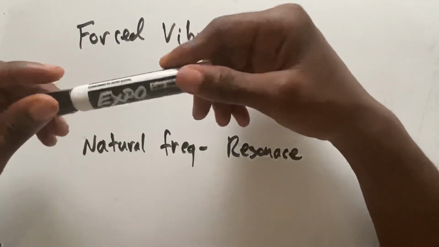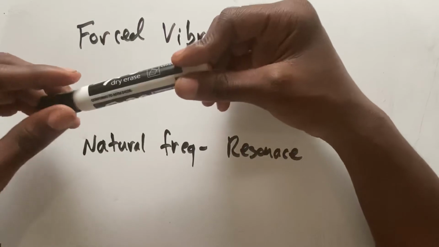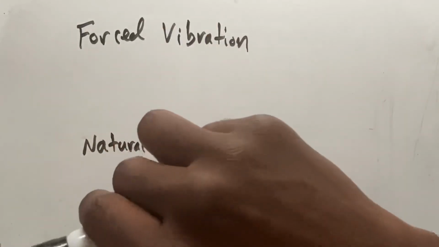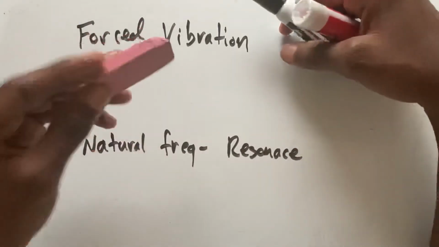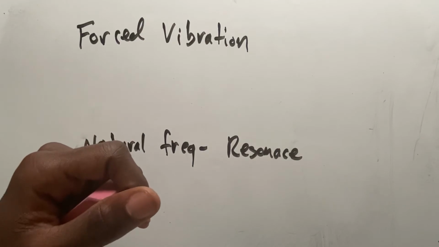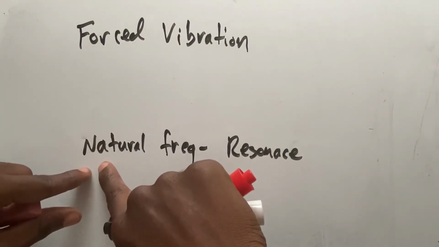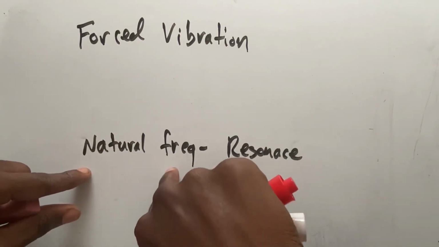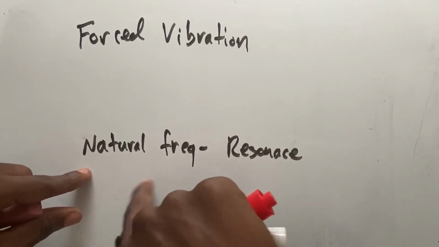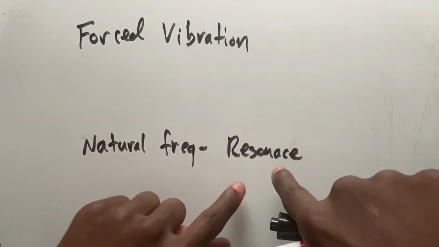Like this marker has a natural frequency. This eraser has some natural frequency. So basically what the natural frequency does is, if you vibrate something at the natural frequency, it's going to cause